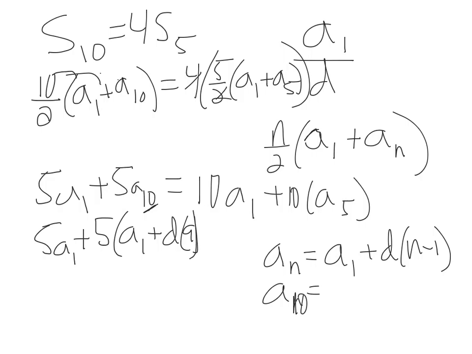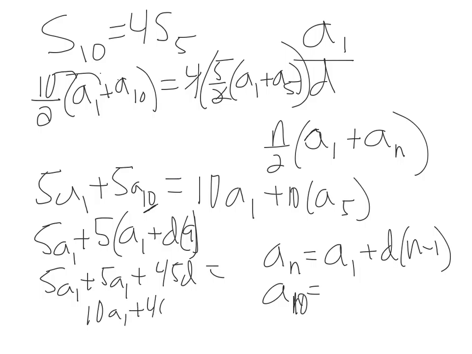And if I distribute that all through, I get 5 a sub 1s plus another 5 a sub 1 plus, say, 9 times 5 is 45 times d. Now I'm going to do that same thing on, and actually here I'm going to add those together and get 10 a sub 1s plus 45 d's equals, and on that other side,